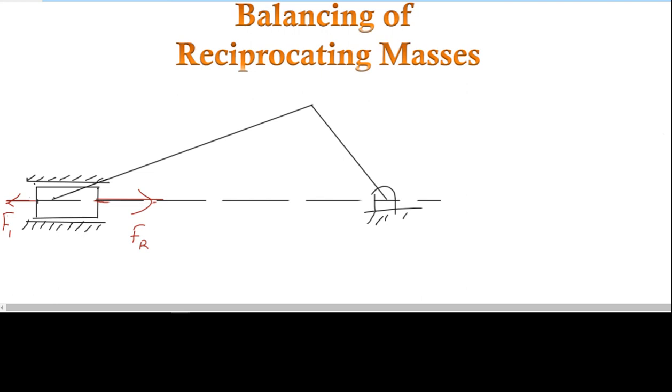And since the piston is moving inside the cylinder, there will be a reaction on the cylinder walls which is acting normally. Let's take it as Fn, or F capital N. These are the three forces acting on the piston side,